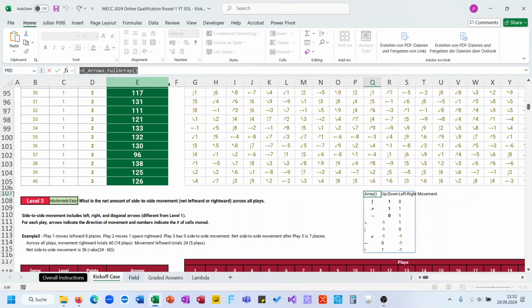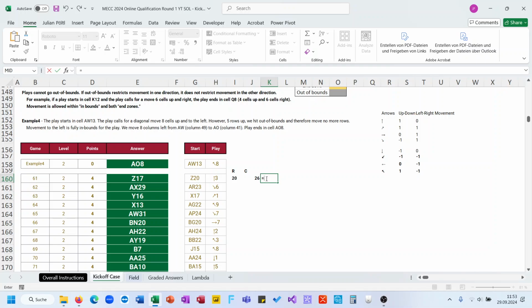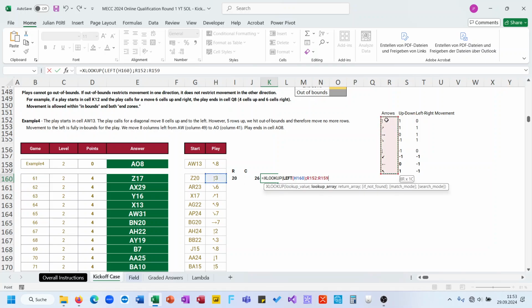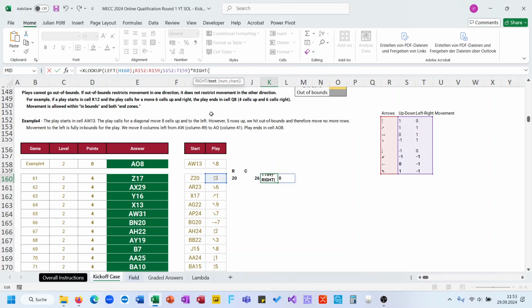You can also make this manually. So your up, down, left, right movement. You will need to make this manually if you don't have it prepared. And then you can search here for left, no, XLOOKUP left of this in here, return this here, so this will spill, multiply this with right,